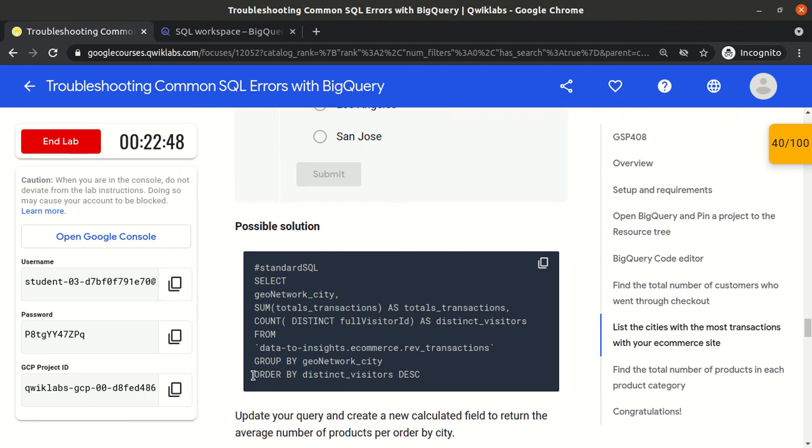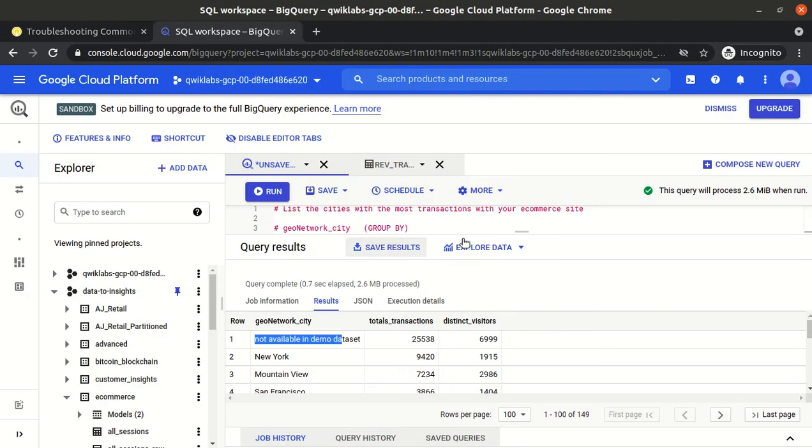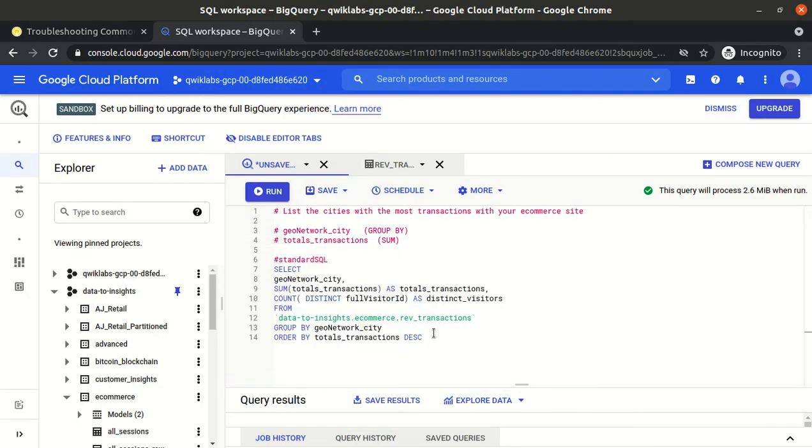Okay, we have already performed this order by distinct visitor. So we are selecting the city, fine. We are performing the count on the total transaction, fine, and we are fetching the unique rows only, fine. The group by, order by distinct visitor, the most transactions.